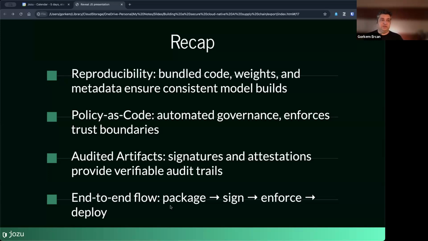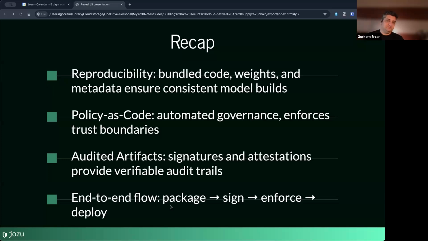Of course, it sounds like a no-brainer when you think about ModelKits and OCI, but if you think about everything else in the AI/ML world where there are no signatures, attestations, or verifiable trails that you can use, auditable artifacts are a big step forward for creating a secure supply chain for your AI/ML.